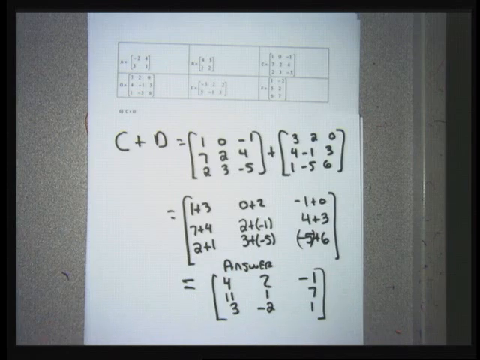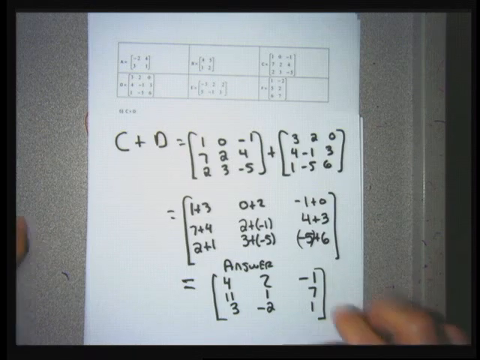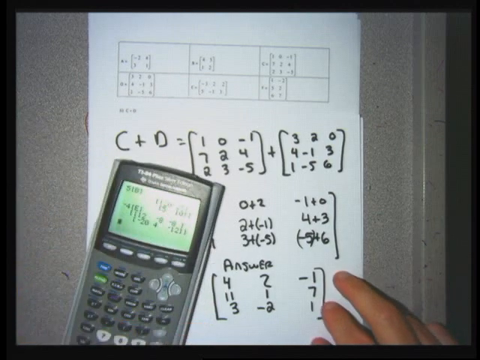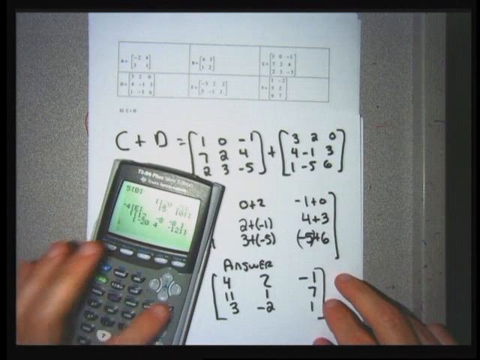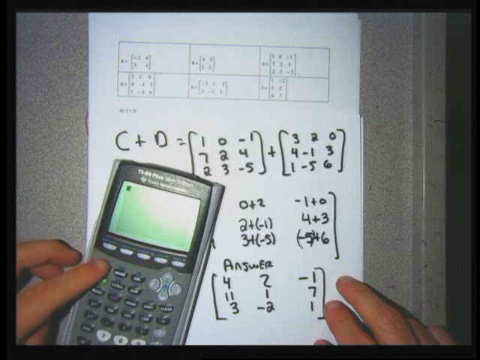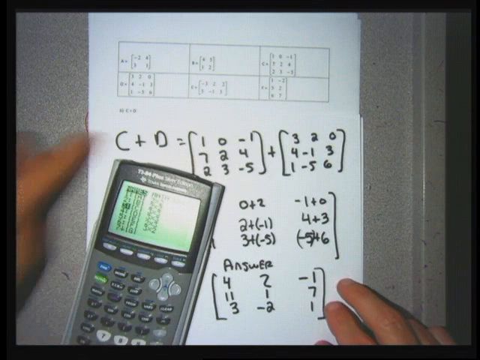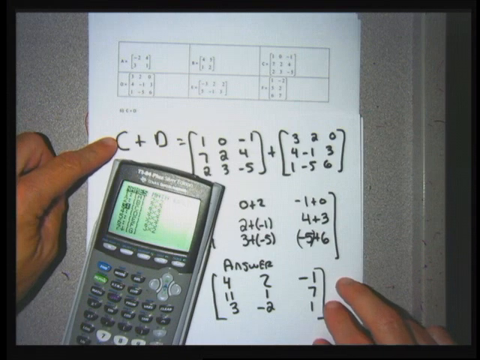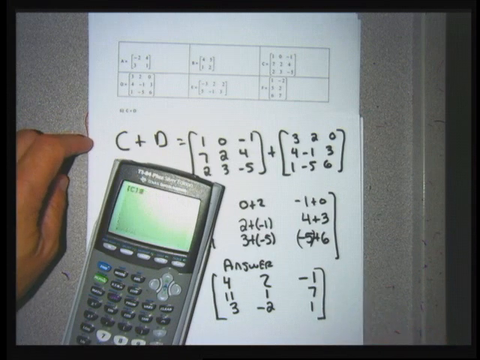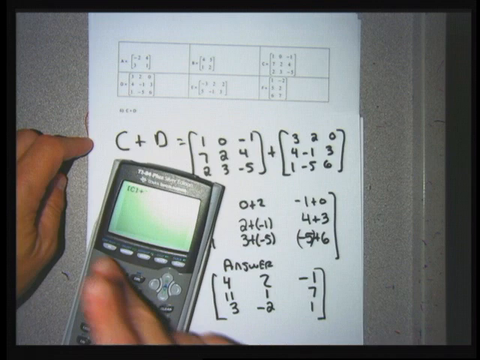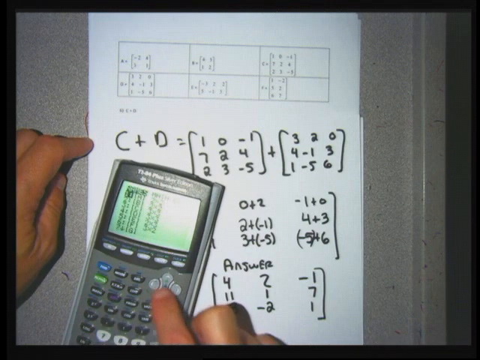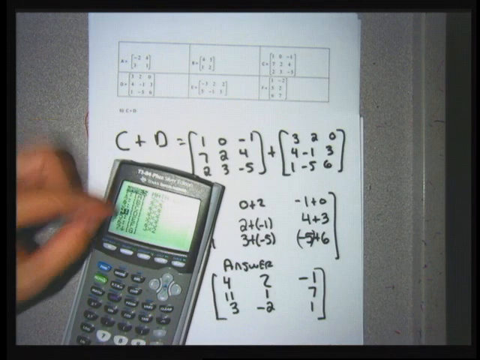Check this on my calculator, super easy. Just have to use the matrix names twice. I won't have to use any of the math features of the matrices. So to check this answer on my calculator, let me clear the screen out, hitting the clear button. I'm going to go second matrix. First get the names in the C highlighted to get the C, and then hit enter, and then a plus sign, and then second matrix again, and now I'll get the names in the left-hand column and the D